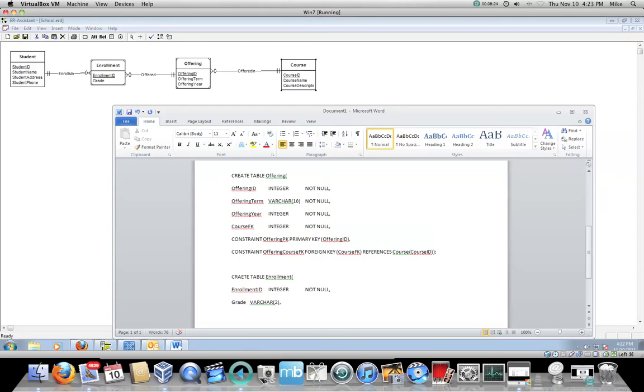But we have two foreign keys. Remember, this is an associative entity, so this has to keep track of the two tables it's associated with. So we're going to have, let's make the first constraint